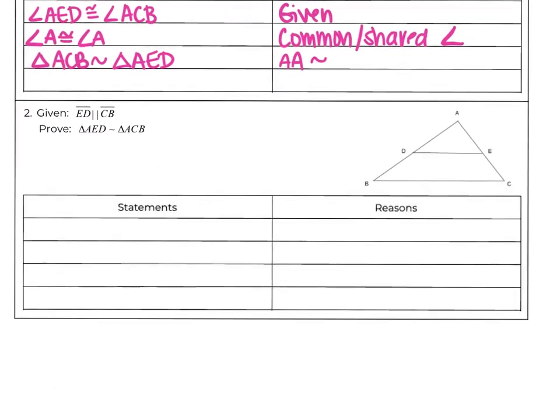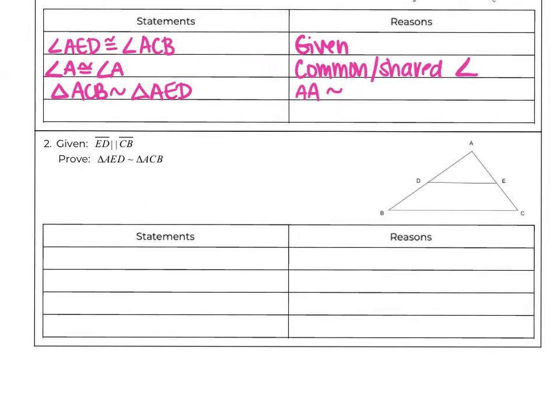All right, number 2. So our given here is that ED is parallel to CB. So I marked that on my picture. Remember, parallel is with the 2 arrows. I'm just gonna write up here. So if given parallel, you can use